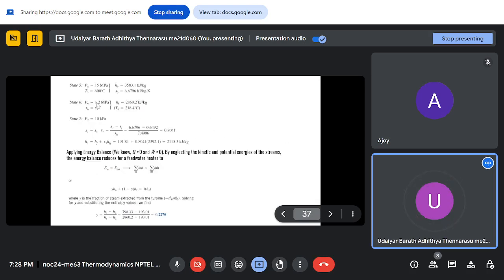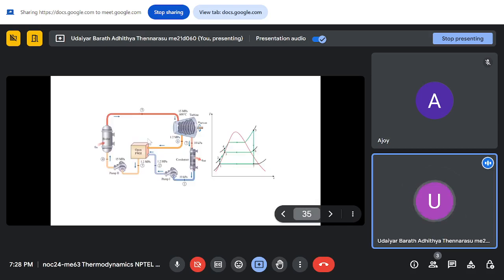So then now what you do is you will apply an energy balance. So energy which is coming in is equal to energy which is going out. If you apply an energy balance across this open feed water heater, so if you see,